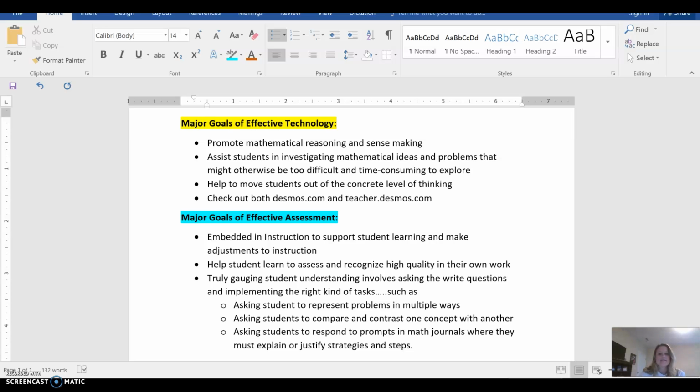Let's look at a couple tools that enable you to do that. And Amelia mentioned one in one of her posts last week, which was excellent. She mentioned Desmos. I'm a huge fan of Desmos, and Desmos really has two tools. Desmos.com, which is a free graphing calculator that has many capabilities that are very streamlined and easy to use. Actually, much easier to use than your handheld graphing calculator. And then there's teacher.desmos.com. Teacher.desmos.com allows you to create